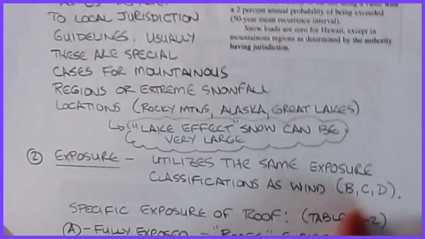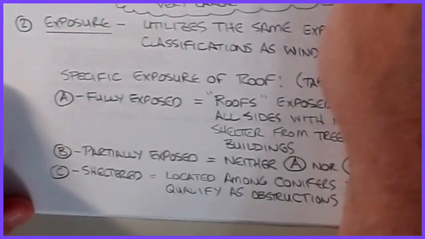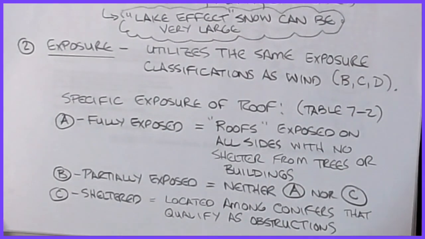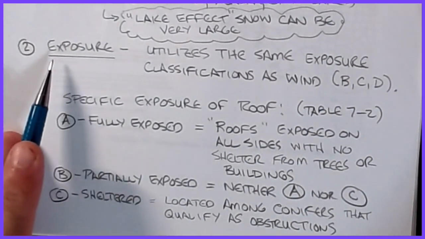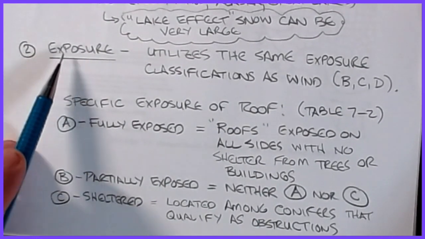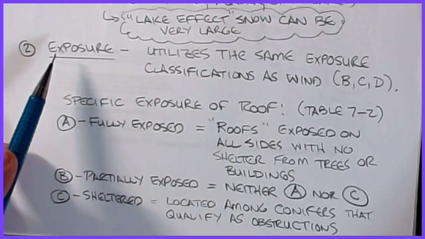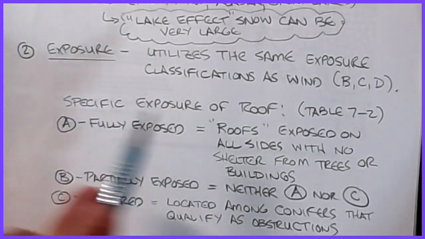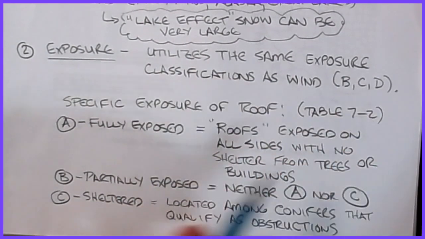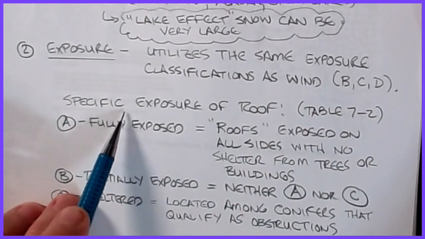Okay, all right, so we've talked about the CS, we talked about the maps, lake effects. Now we're talking about our exposure. Again, we talked about this in our environmental factors, but the exposure for snow is a little bit different. It uses the same exposure classifications as BCD, but then they start defining what we call a specific exposure